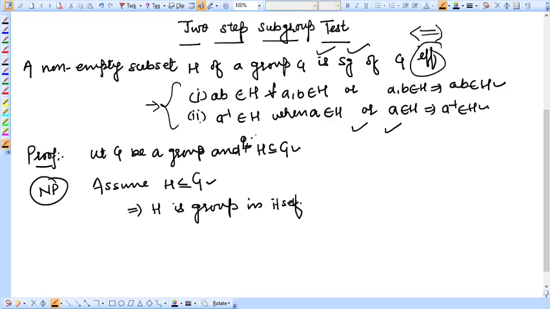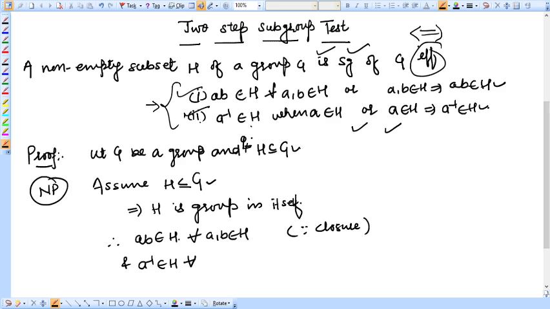It is closed. Also the inverse of every element exists. So these two properties are nothing but the closure property and existence of inverse. Therefore obviously AB belongs to H for all A, B belonging to H because of the closure property, and A inverse belongs to H for all A belonging to H, existence of inverse,